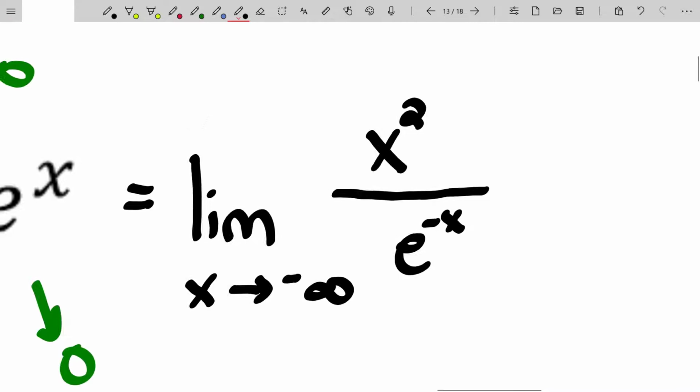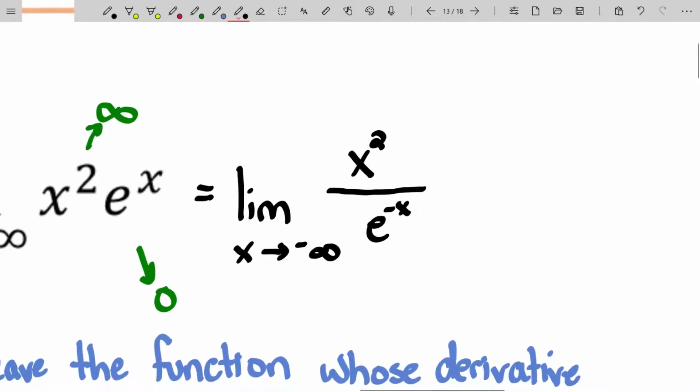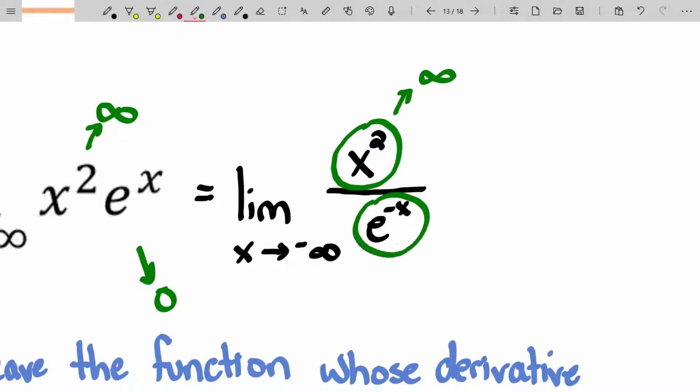But now, if you take a look at this modified version of the limit, the numerator is approaching infinity, and the denominator is approaching e to the negative infinite power, which is e to the infinite power, which is infinity. So this is now ready for L'Hopital's rule because it's of the form infinity over infinity. And so I'll go ahead and apply L'Hopital's rule,